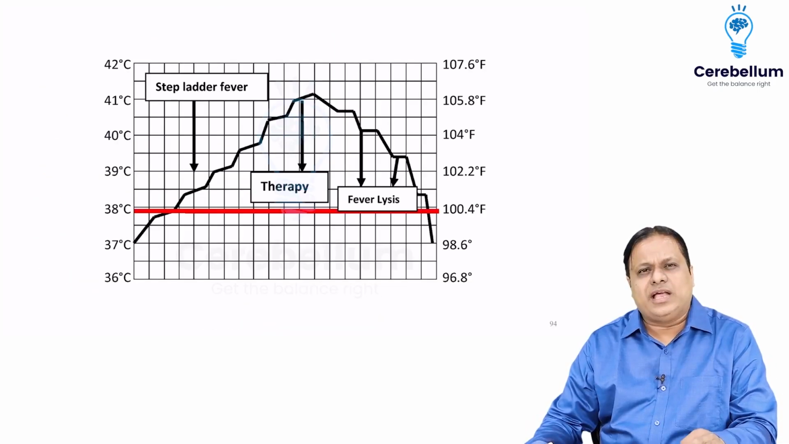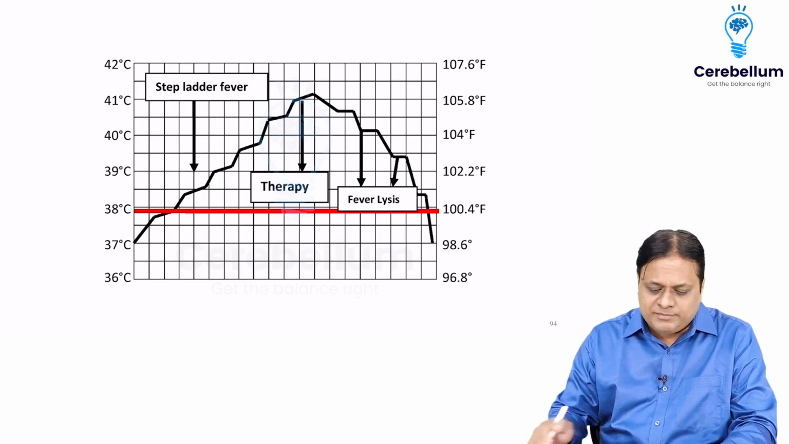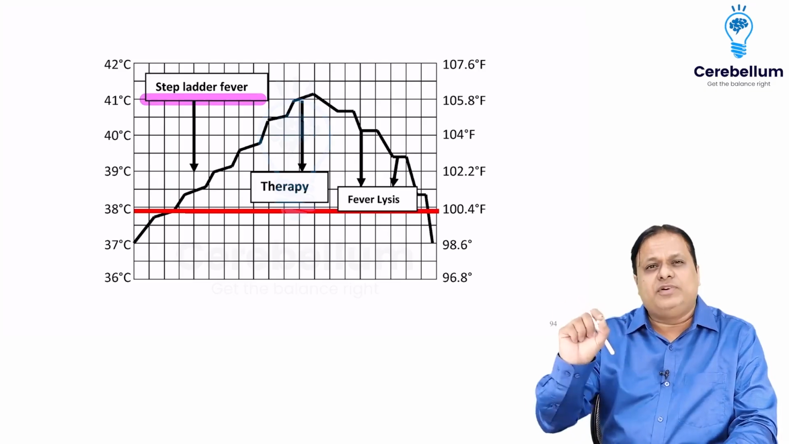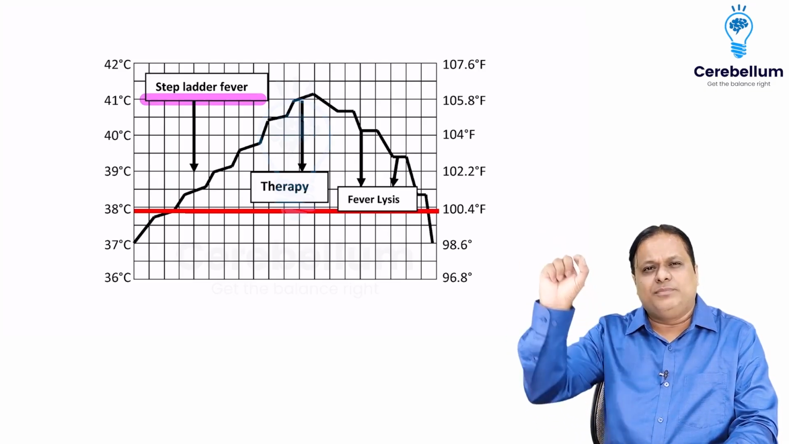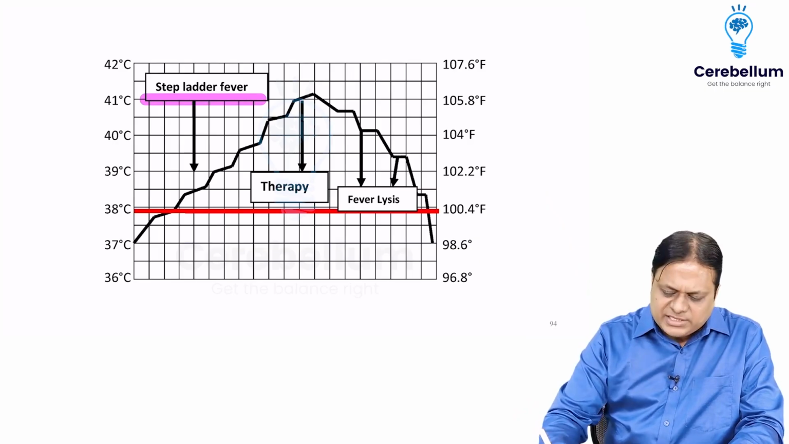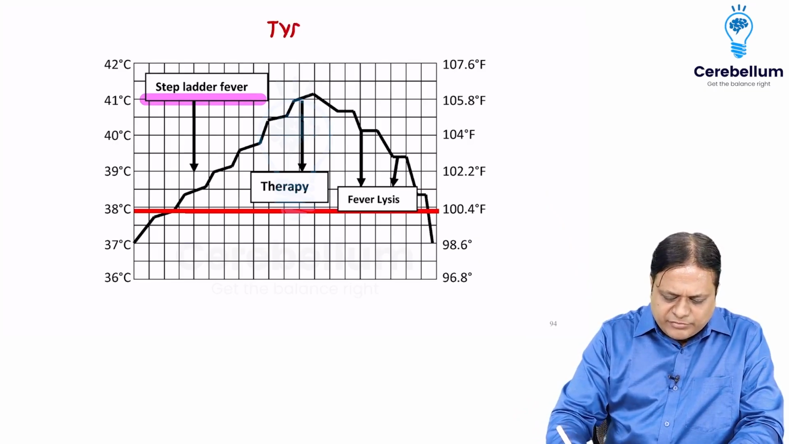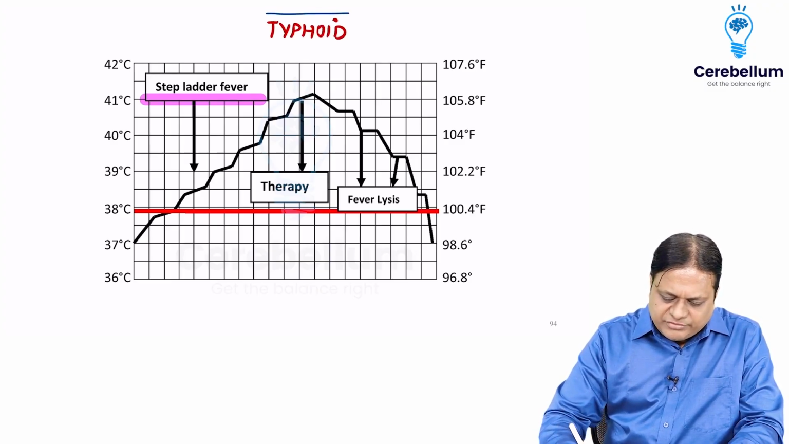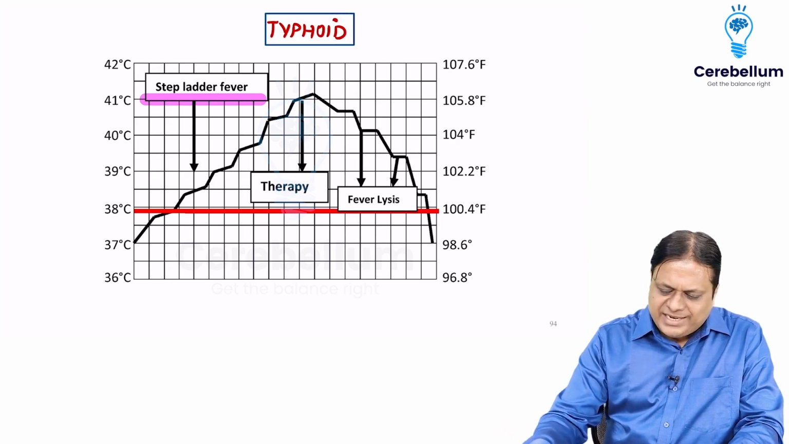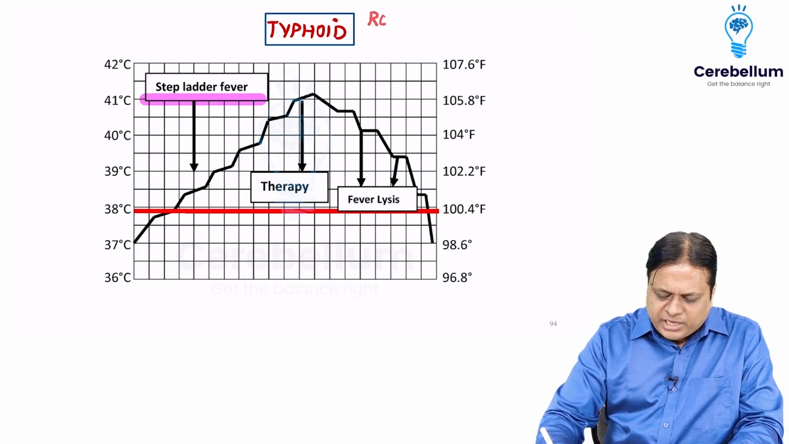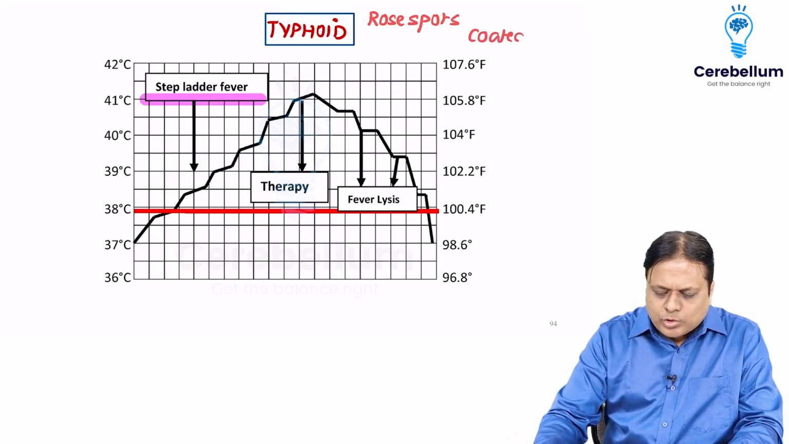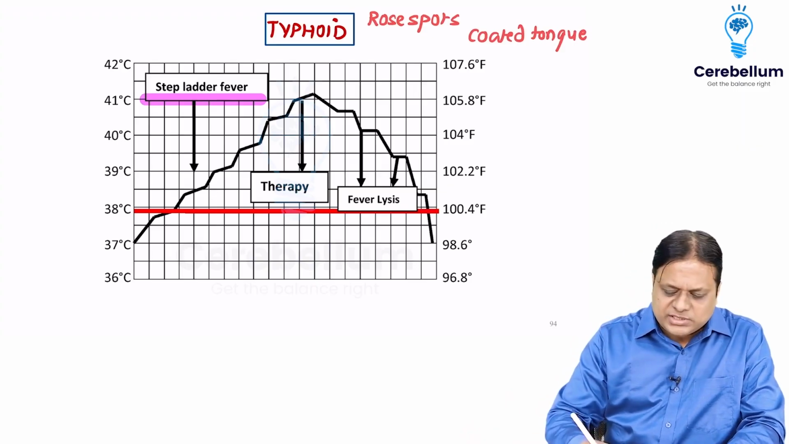Can you make a clinical diagnosis based on this particular diagram? In fact, you can see they have also mentioned step ladder fever. Fever is increasing in steps, 0.5 degree, 0.5 degree, 0.5 degree, slowly. This clinical diagnosis is typhoid, enteric fever caused by Salmonella typhi. Now, besides stepladder fever, the patient may have rose spots, coated tongue, and a characteristic appearance of stools, that is